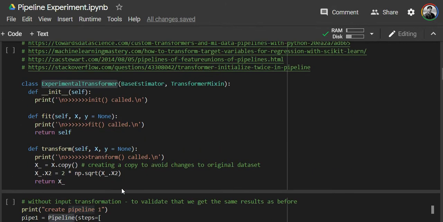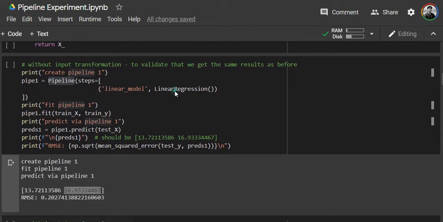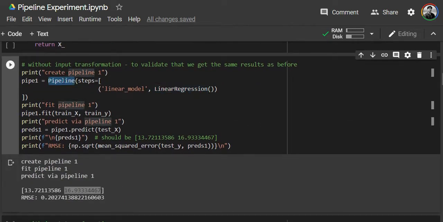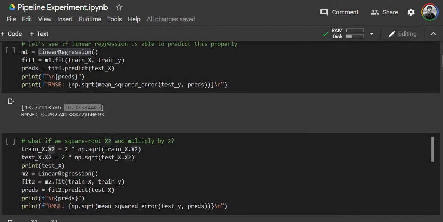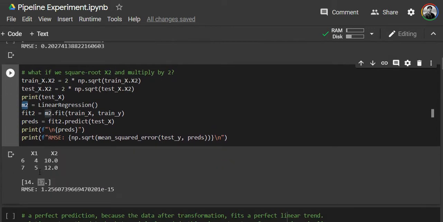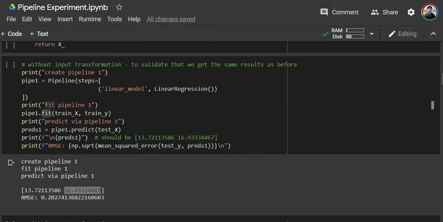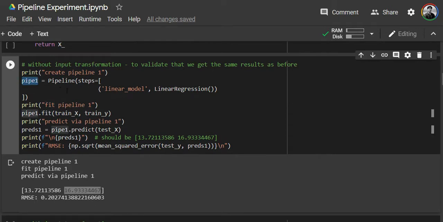So at least our syntax is okay, it's working as intended. Even in the pipeline format, a linear regression works the way it is. So a couple of things about the syntax here. Once you declare the pipeline, you need to fit it. So normally what you would do is create a linear regression model as we did here. Then you fit it with m2.fit and then use this fit to predict something. It's almost the same here, but instead of a model, you use a variable pipe1 equal to the pipeline. You use the pipeline to fit on the training data, and then you generate the predictions by predicting using that pipe1.